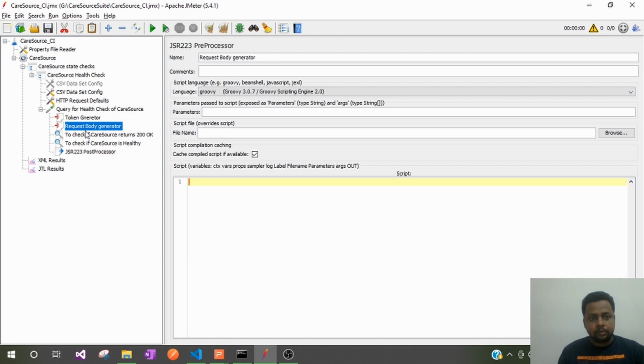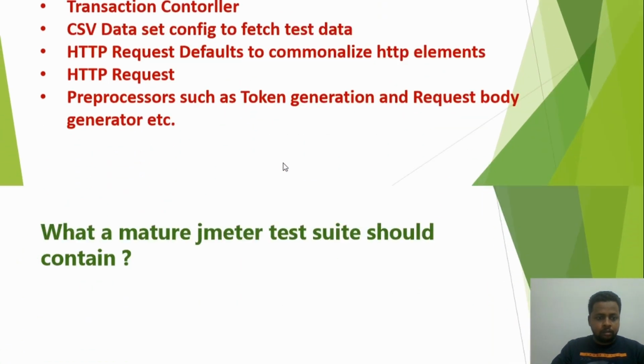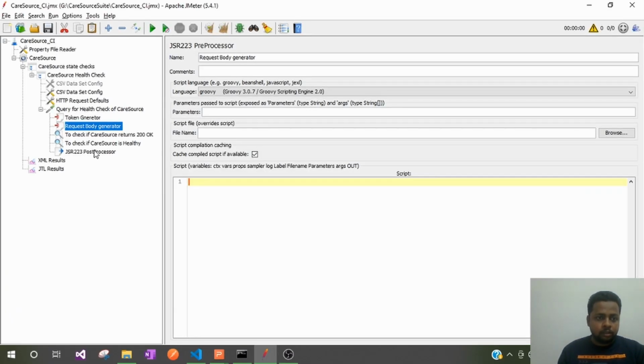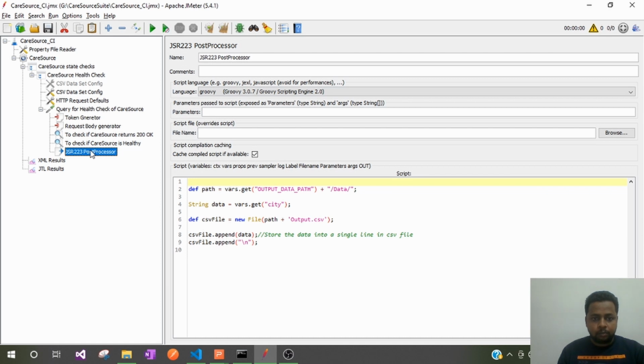Okay, what is the next thing? Next is we need a post processor to extract things from the response and store for future use. If you can see, I have already added the post processor.